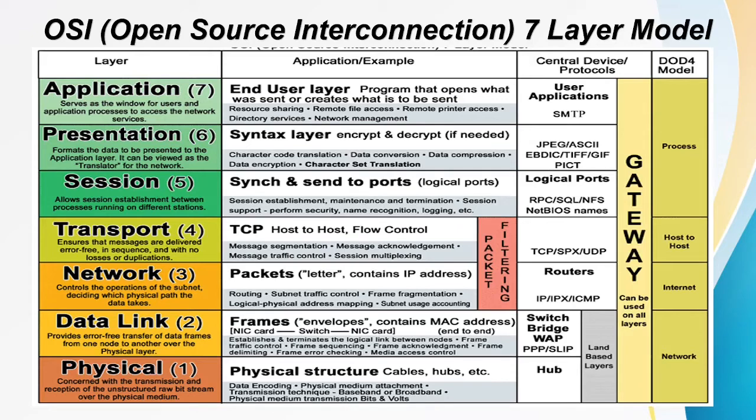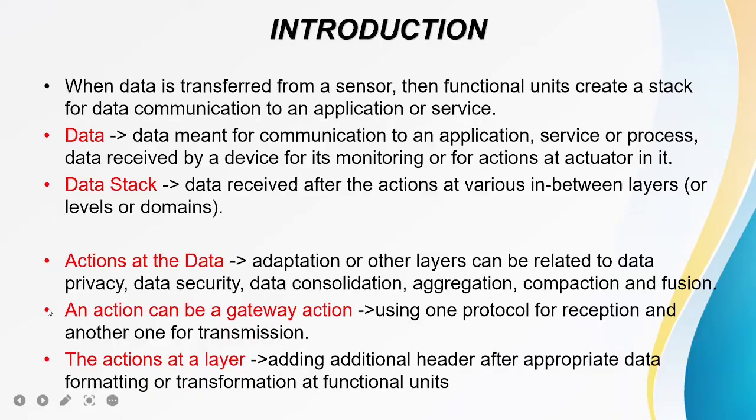And also, you have to mention what your destination address is and what your source address is. Plus, you have to mention the security also, right? How they are secured, which algorithm is used for the security purpose, and which protocols have been used at different layers. Correct? So you have to mention them. So that is about the action at the layer. So you will be having the header where you will be having the additional information.